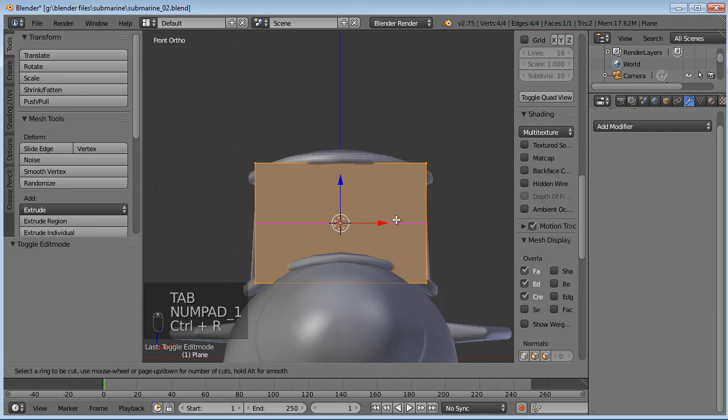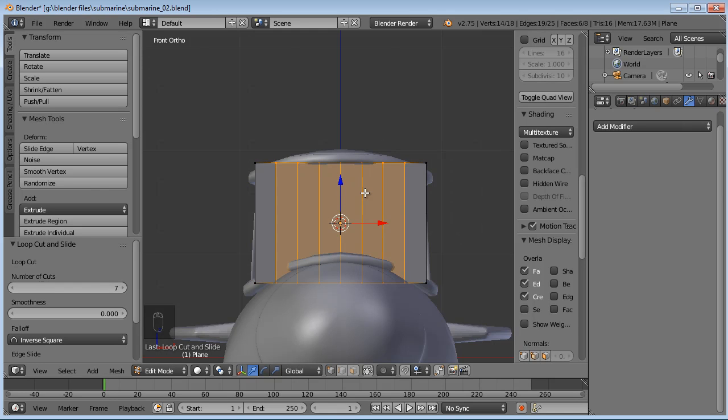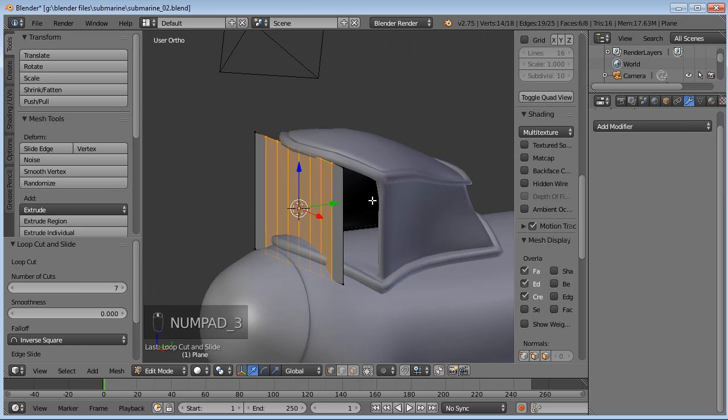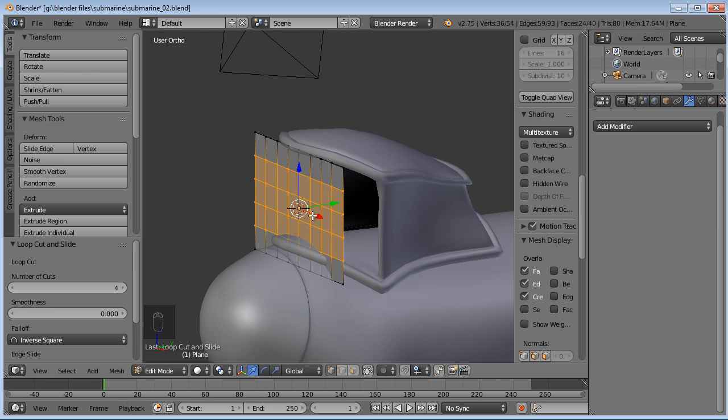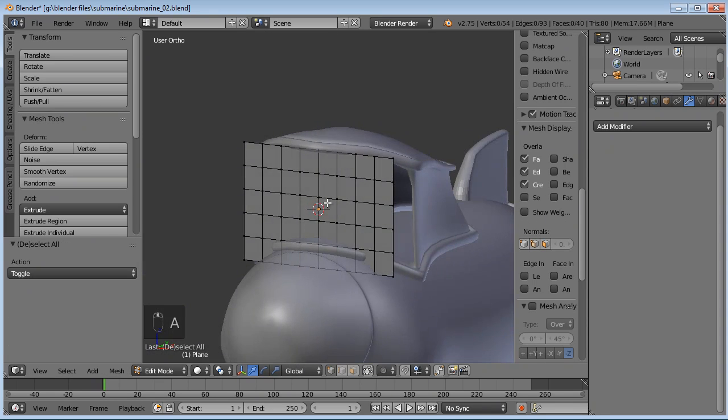But first we need to give it quite a few more subdivisions so it rounds out nicely. So I think I gave it 7 cuts there. Go ahead and click that in and double click again so it sets them at the points we said. Just Control R and scroll your mouse wheel up, or Page Up, Page Down on your keyboard. We'll just do 4 cuts this time. Click, and then you can move it up and down, but we'll just right click to get that locked out.